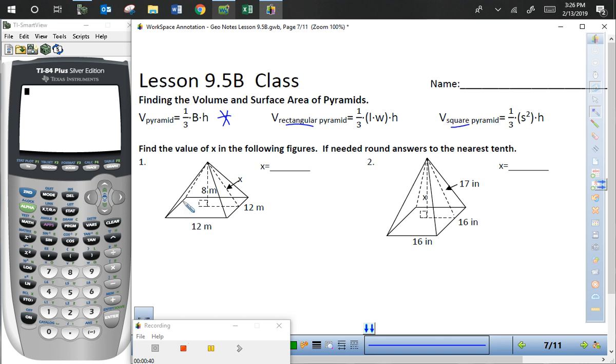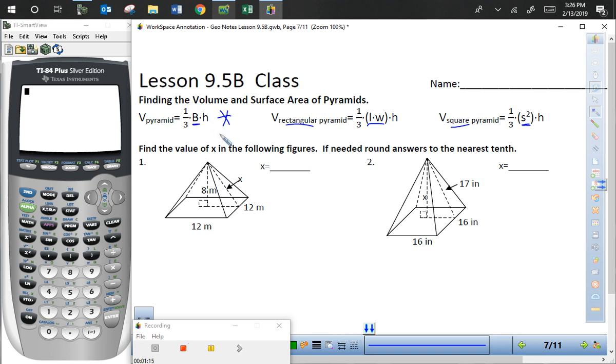1/3 is going to show up for any volume problem of a shape that has a point on it. So pyramids will have 1/3, but also when we get to cones, they'll have a 1/3 in front. The rest you should be familiar with, the area of the base times the height, from our work with prisms. Over here, length times width gave us the area of our base. Over here, side squared gives us the area of the base when the base of our pyramid is a square. So a couple different breakdowns, but the big idea, we're going to do 1/3 area of the base times